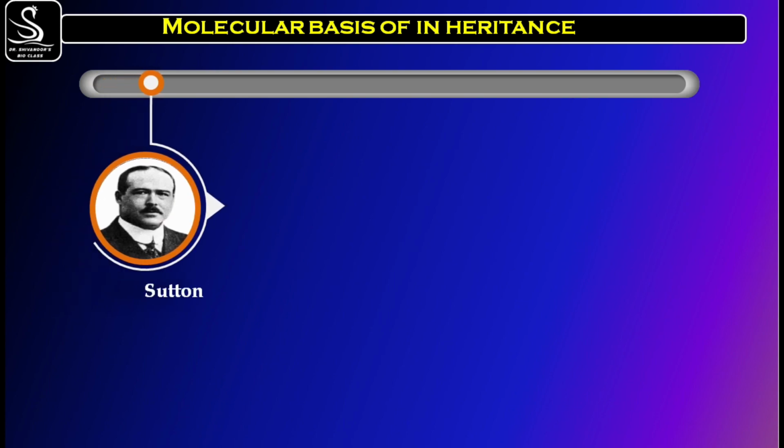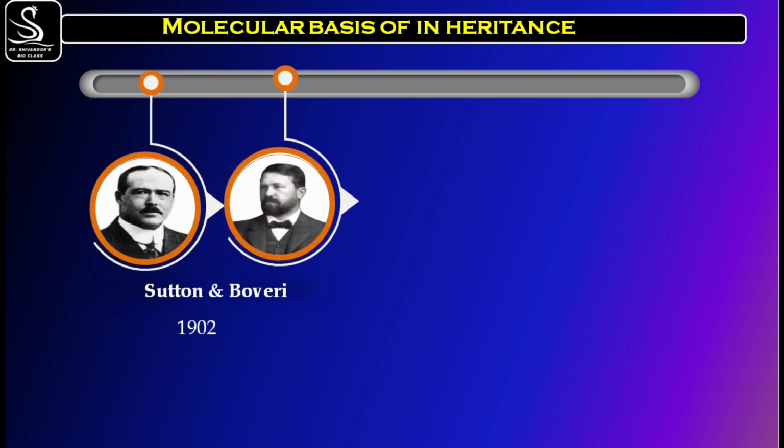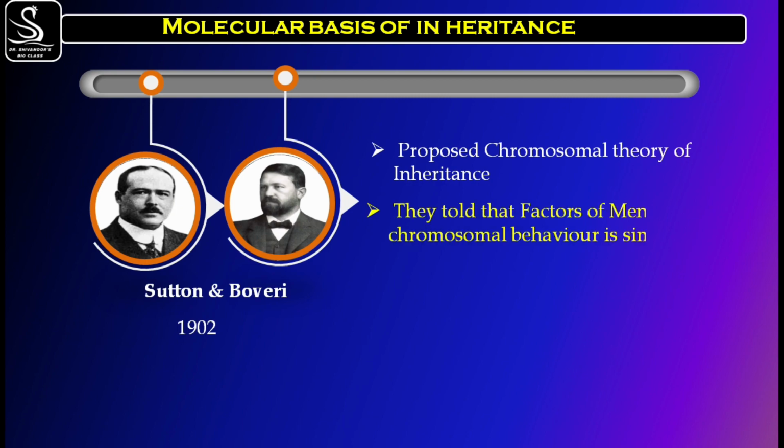Okay, then in the year 1902, Sutton as well as Boveri both proposed the chromosomal theory of inheritance. I hope you remember that. And they argued to propose it. But finally, they told that whatever the factors used by Mendel, they are nothing but the chromosomes,